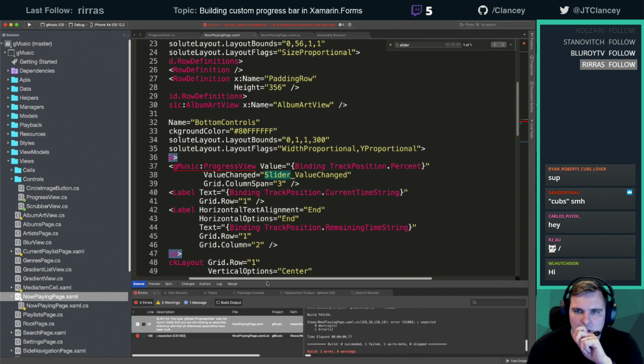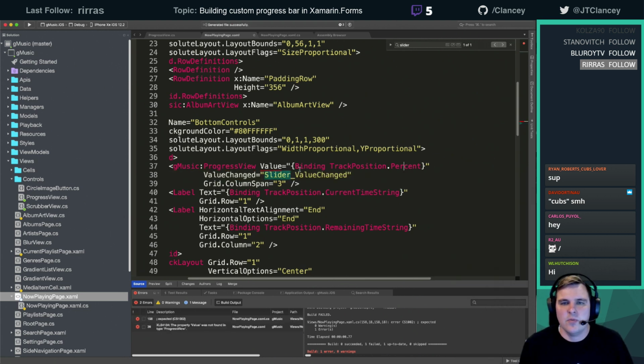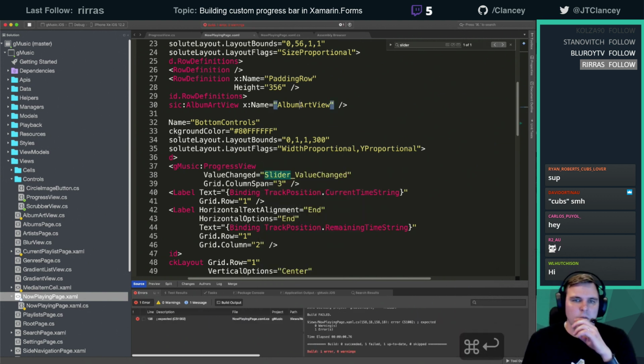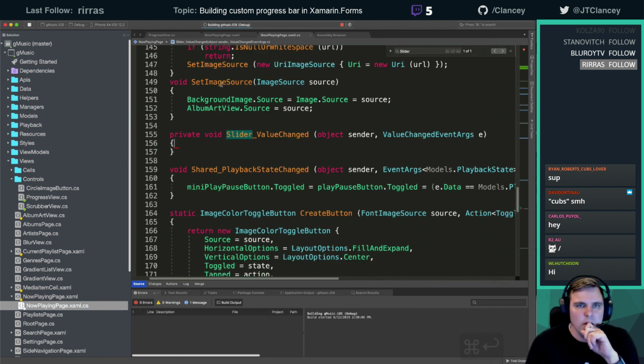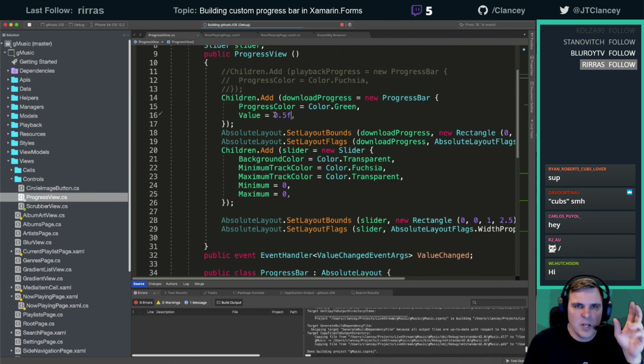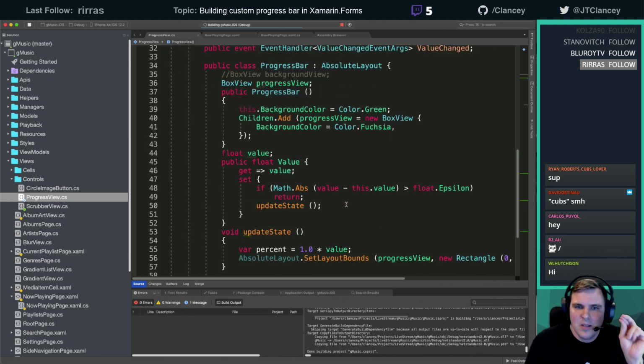Alright, progress view. Let's remove that for right now. Oh, there's no value. That's right, we have not made that bindable yet. We'll have to fight that later. Not fighting it now. Right, delete that stuff. Delete demo code. Alright, so now we've got this custom control which has this progress bar, our custom progress bar, and our own